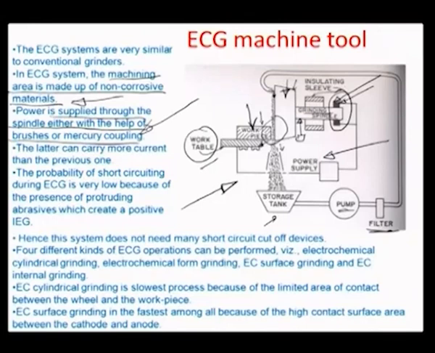Okay, so there is a film of mercury which is continuously able to give a pathway to the flow of electrons, and mercury coupling is always better than the brush contacts, because brushes may get damaged or depreciated with time, but mercury, owing to its cohesiveness, can get reformulated as a continuous thin film between the stator and the rotor. Okay. So people normally prefer mercury coupling in comparison to the brushes, although it is expensive. And of course, one thing you have to ensure is that short circuiting during ECG should not